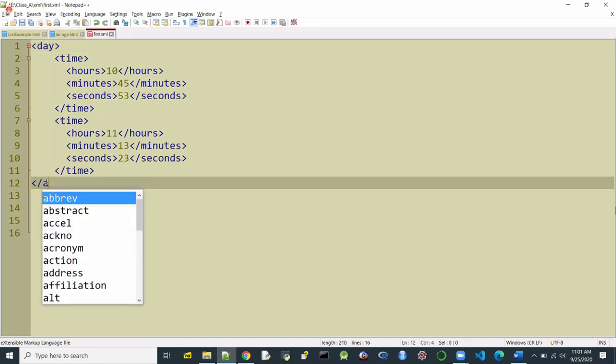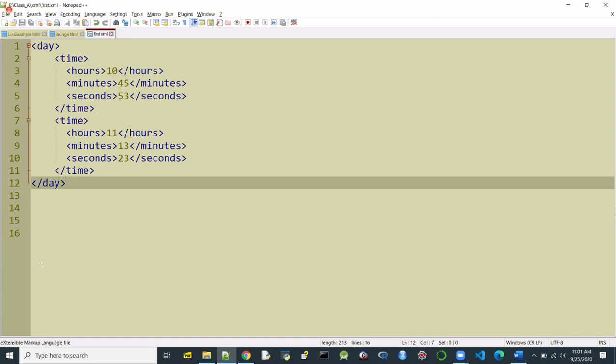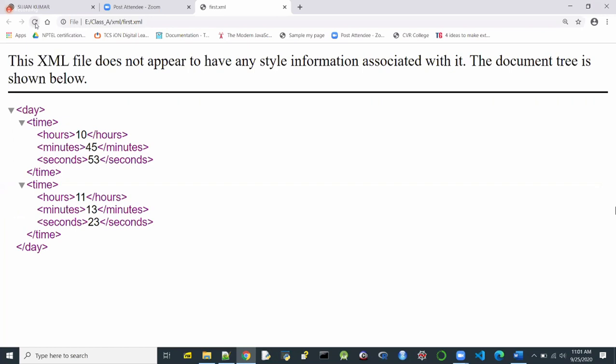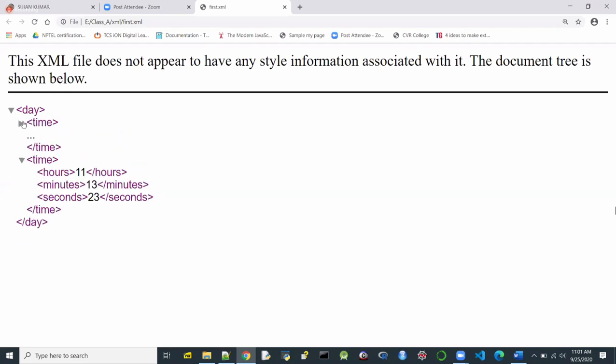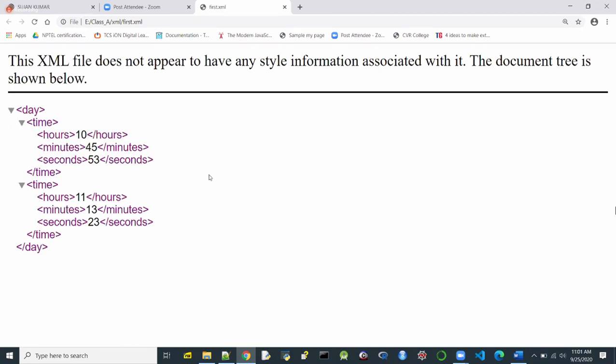Now, let us see if I add the root element, whether it will keep my browser happy or not. So I'll just go back, refresh my page. Now the browser is happy. Now browser is able to show all my elements. I can collapse everything, or I can collapse the singular elements. I can do all kinds of clicking over here. So there should be something called as a root element.